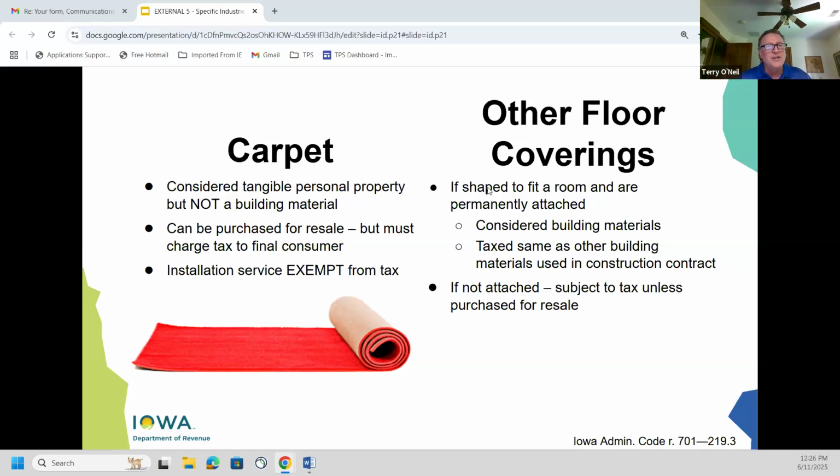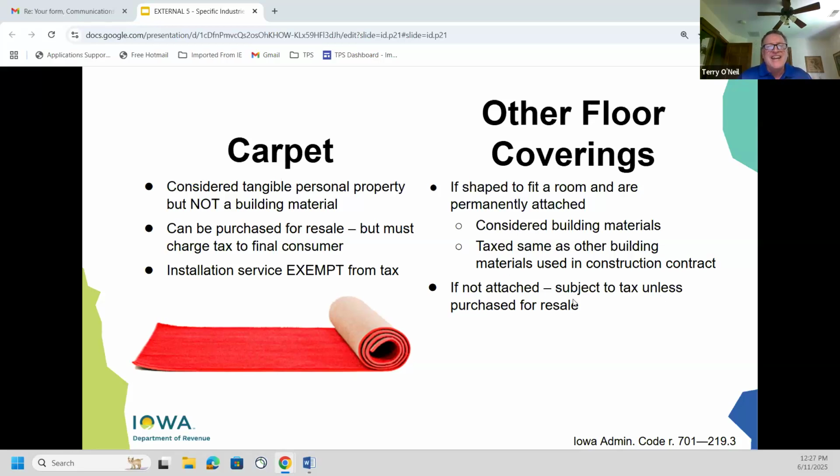If you get linoleum laid in your kitchen, that is intended to be there permanently. You're going to destroy that if you take that out in most situations. So again, these things are considered to be building materials, and they are treated as any other building materials used in a construction contract, which means generally the contractor has to pay tax on those items, on those building materials. There are some exceptions coming up here in just a little bit for the designated exempt entity, but we'll touch on that here in a few minutes.